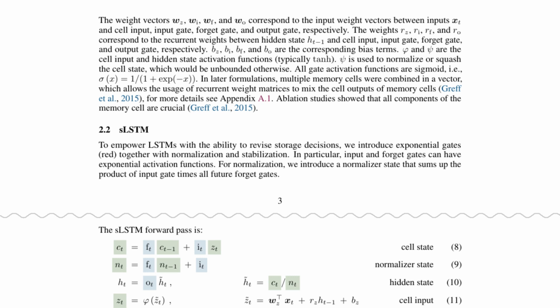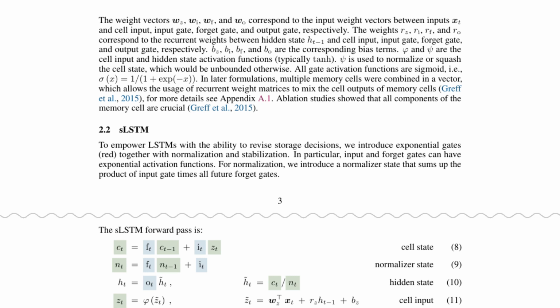Psi and psi tilde are the cell input and hidden state activation functions, typically tanh. Psi is used to normalize or squash the cell state, which would be unbounded otherwise. All gate activation functions are sigmoid, i.e., sigma of tau equals 1 divided by 1 plus e to the power of